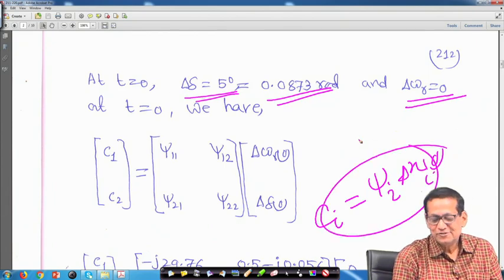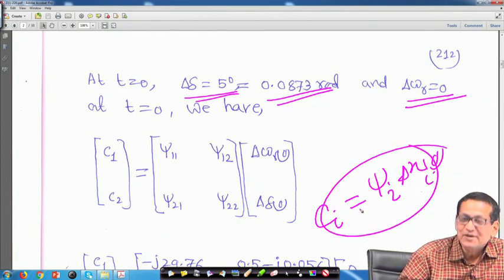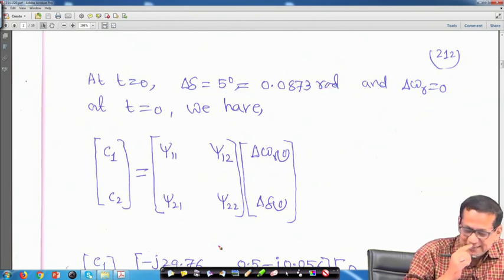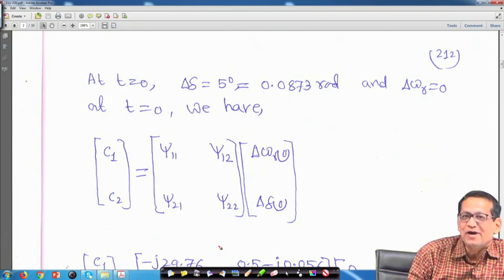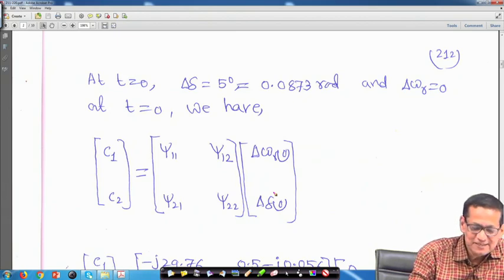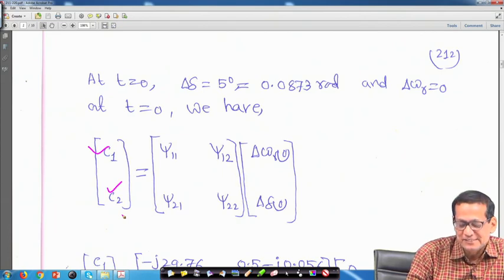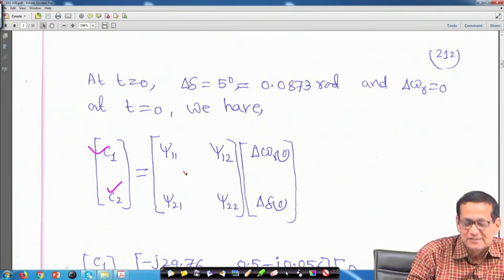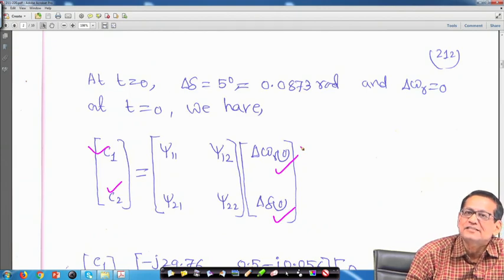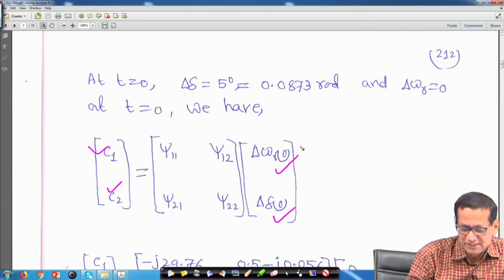This is the way you saw the initial conditions, but that was the mathematical representation. In general, you can easily put C 1 and C 2 in your mind: it is the left eigenvector times delta omega 0 and delta delta 0. Easy to remember is that C 1, C 2 or C 3, whatever may be the number of state variables, it will be the left eigenvector. So, psi 1 1, psi 1 2, psi 2 1, psi 2 2 into delta omega 0, delta delta 0. This way you can put it in your memory, the way it has been given in the mathematical form, right.